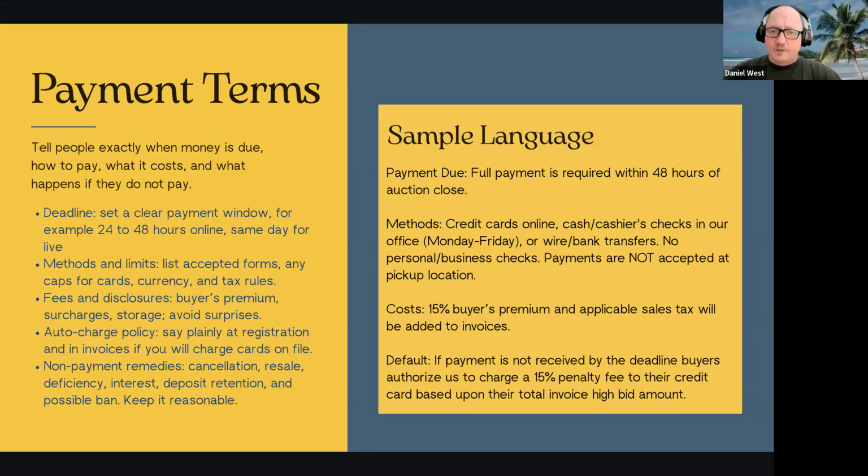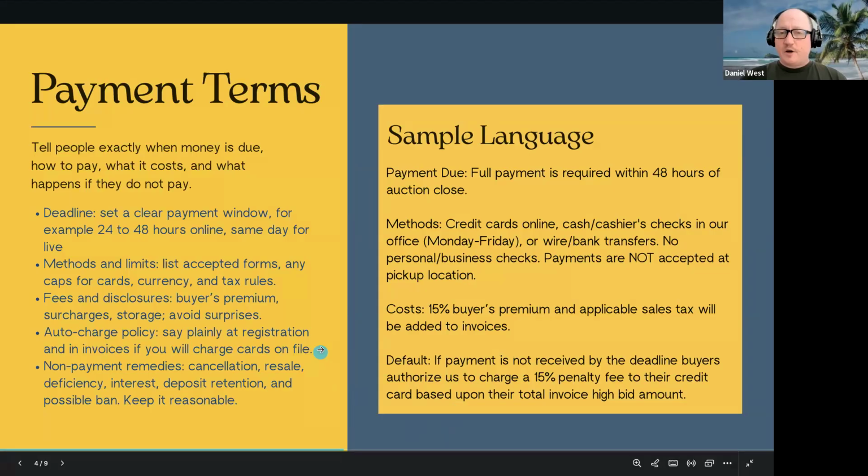By the way, if you're using AuctionMethod software system, there's an entire fee system where you can keep track of fees that you're charging to buyers or fees that you're charging to sellers, and you can have a long list of them. They can be flat fees, percentage-based, they can be taxable, and they can be not taxable. It's a pretty nice system, so if you're using AuctionMethod software, use the fee system to charge fees other than buyer's premium and sales tax.